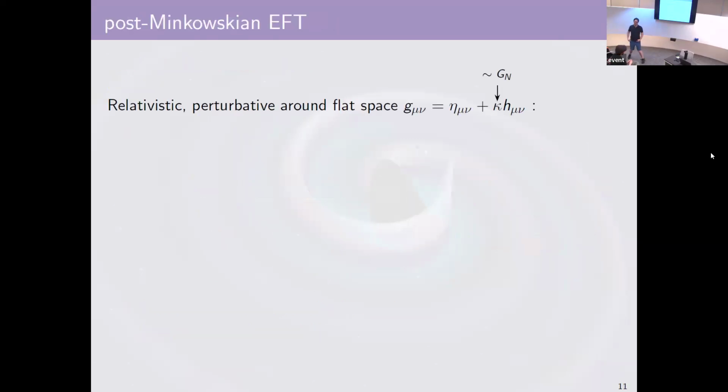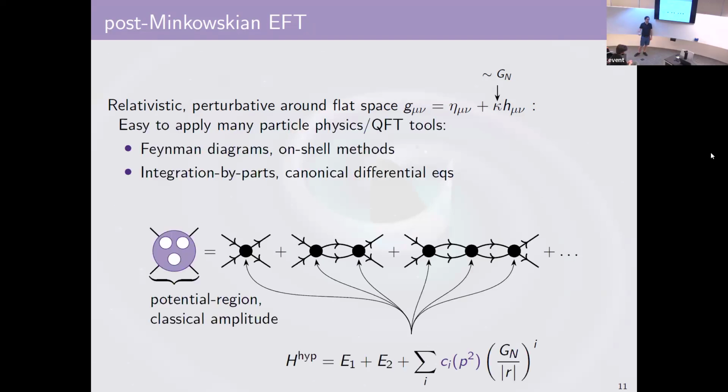Okay, now we can change gears a little bit. We're going to go to post-Minkowski instead. So instead of expanding in mass ratios, we're going to expand in the metric perturbations. This is starting with flat Minkowski space, and then we have some small perturbation on top that is our gravitational interactions. If you think about this a little bit, this is exactly analogous to particle physics. We have a single small term that does some self-interactions, and as long as we're careful with tracking all of those things, this is just standard relativistic field theory, where it's the metric that we're perturbing, but don't worry too much about that.